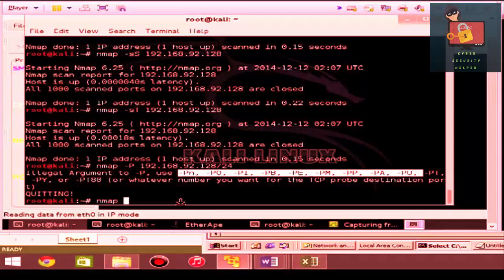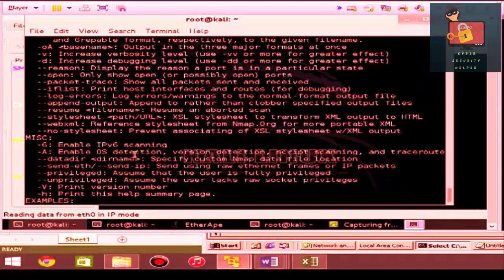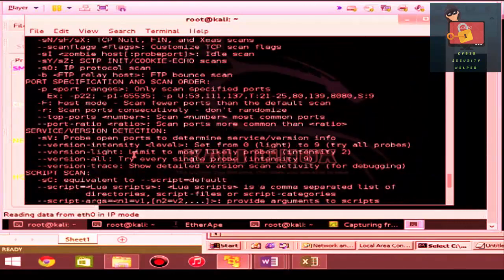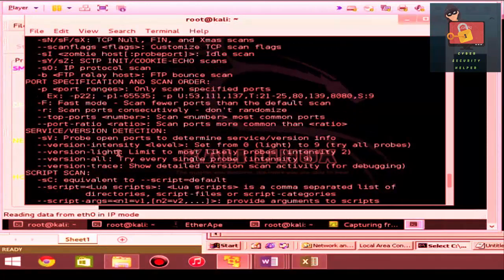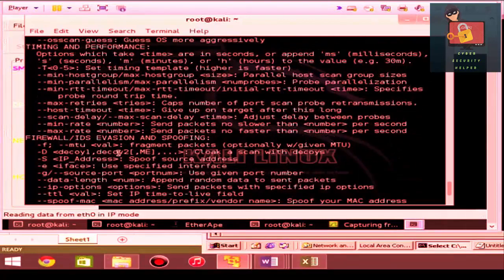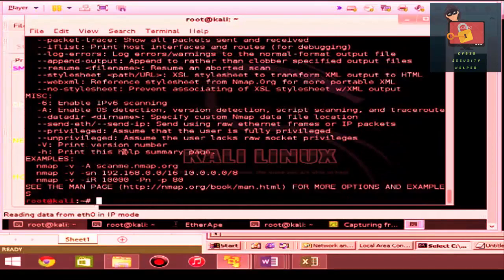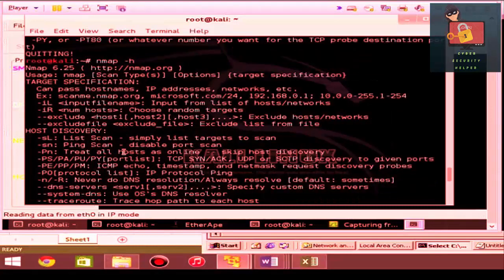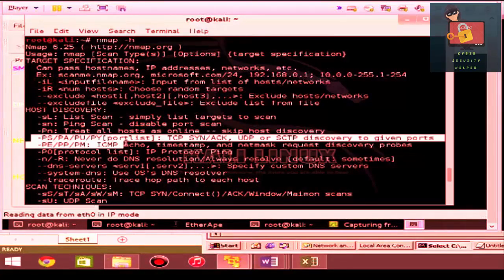So nmap -h, and look at the specific ping scan syntax. You're going to scroll back up to the capital P, not to be confused with the lowercase p, which is for a specific port. This is basically the capital P for a ping scan. So you're going to scroll back to the top of the list, and you're going to go right in here